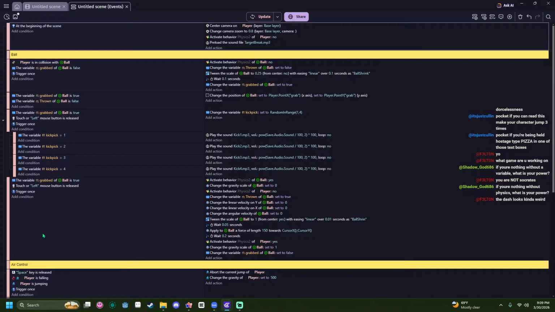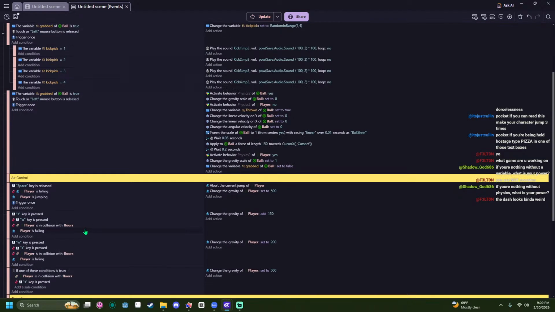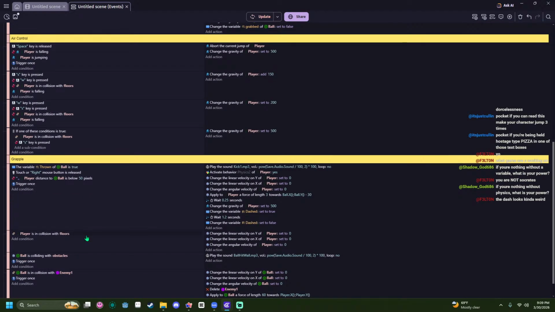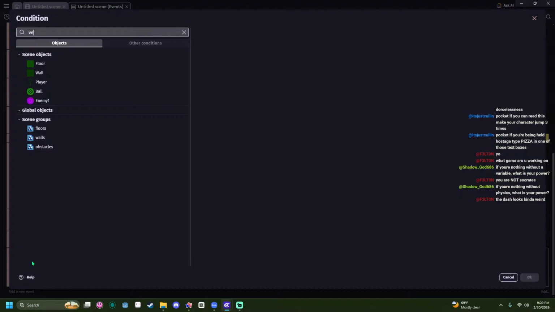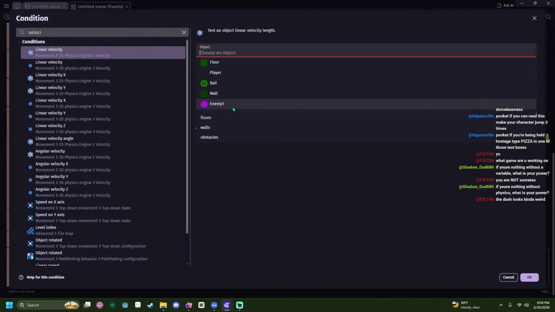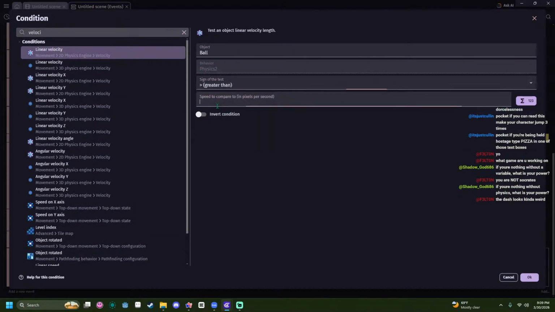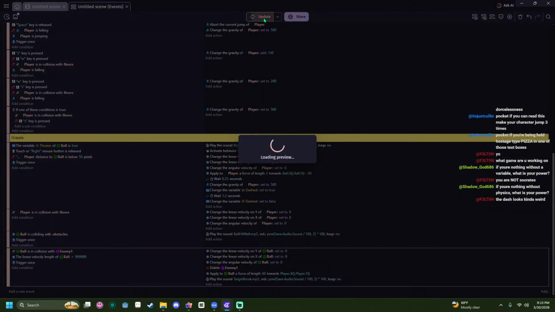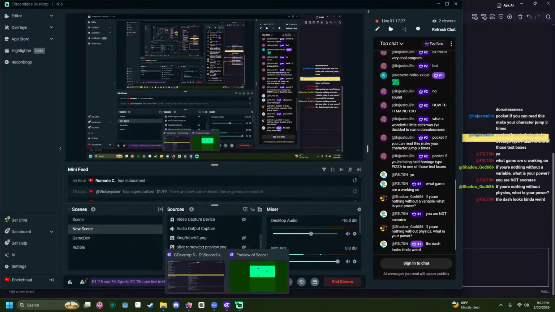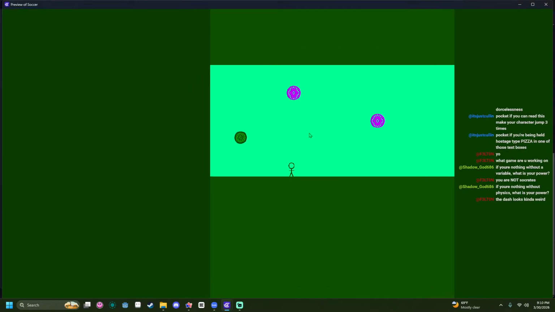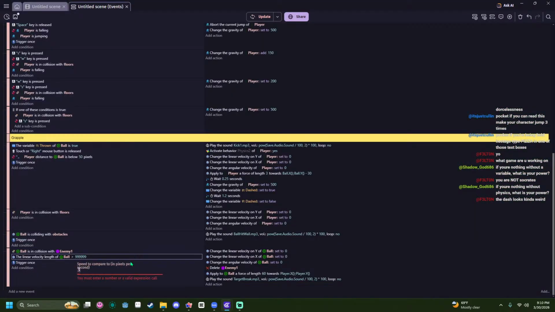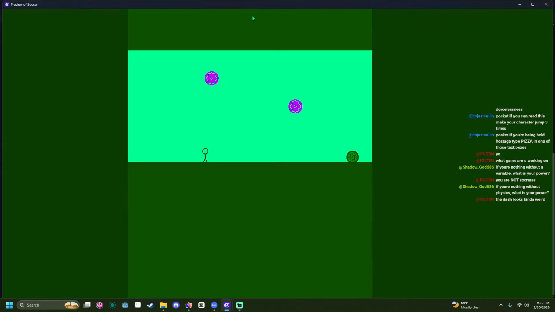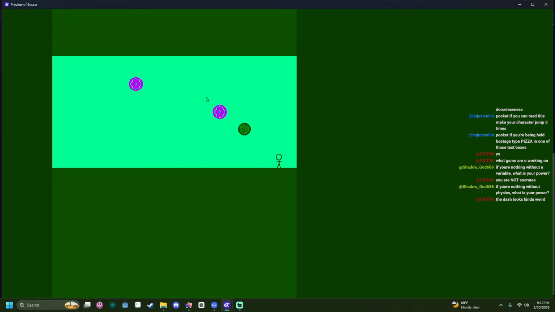What if, okay. I definitely think they should be going a certain speed to break, right? Is in collision with enemy 1, and the linear velocity of ball is... So if I do like greater than like 1,000,000,000, it'll never break. If it works. Yeah, because it needs to be way too high. But we can make it like a good, crisp 350. I think that'll only break at max speed.